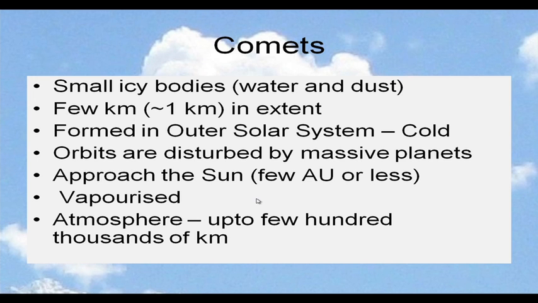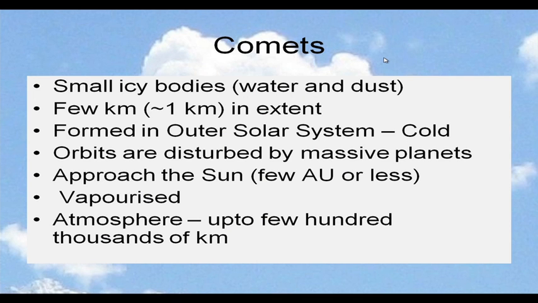Okay. So, we have just discussed asteroids. These are rocky objects in orbit around the sun. Now, let us take up another very fascinating kind of object in the solar system. These are comets, and they are really spectacular objects that occasionally appear in the sky. So, what are these comets? These comets are essentially small icy bodies. So, they are frozen water and dust,